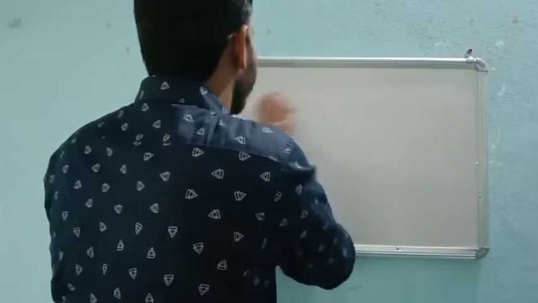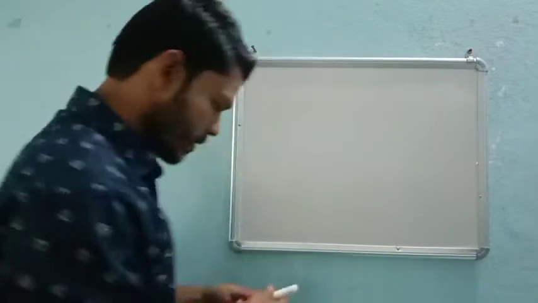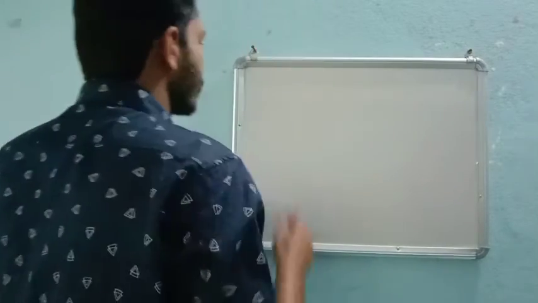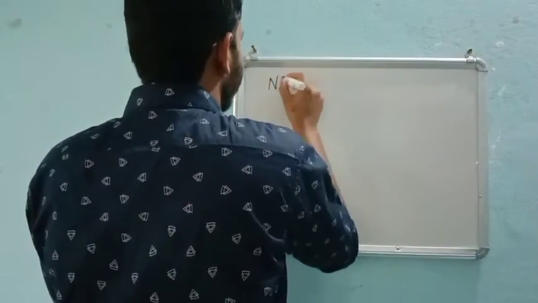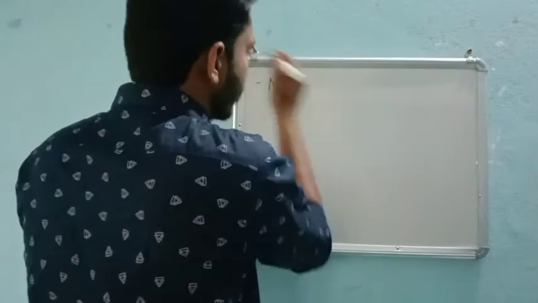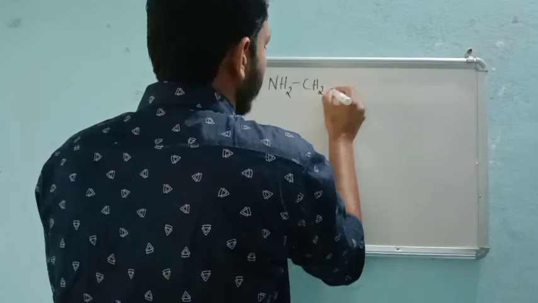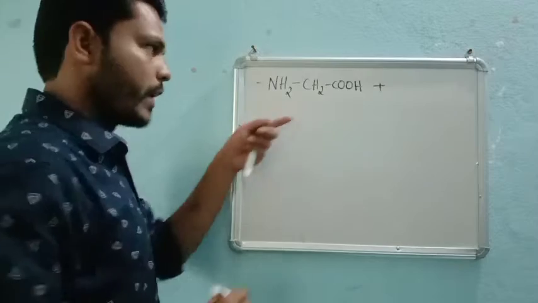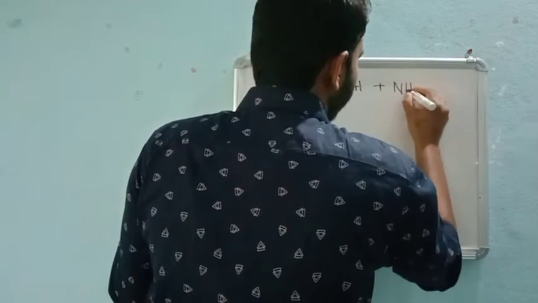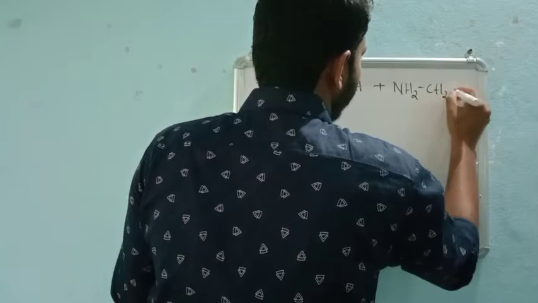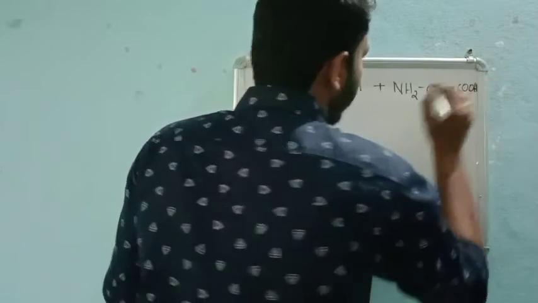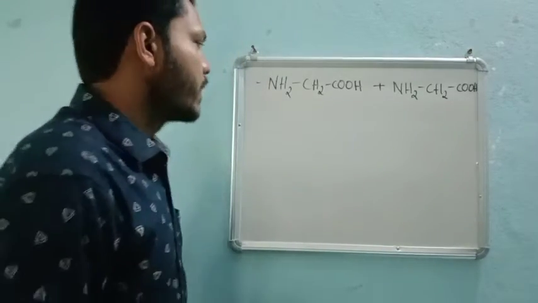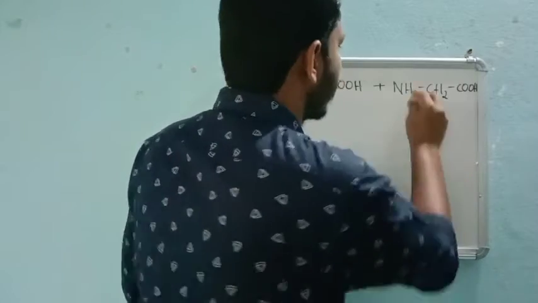So that means we can see it in a very simple manner, right? NH2 CH2 COOH, then NH2, it is a continuation, right? NH2 CH2 COOH is one amino acid. Next, NH2 CH2 COOH of another amino acid. So there are two amino acids over here. If I write it like this, then you can very easily understand this.